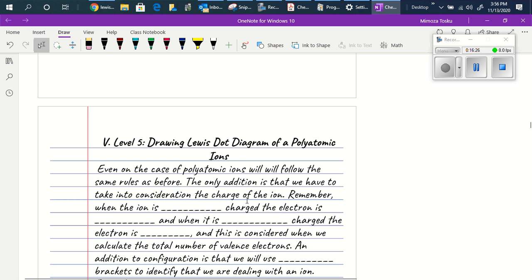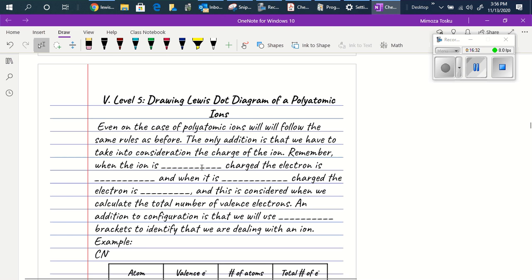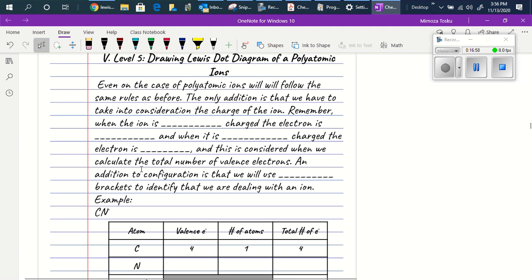Okay. Now let's move to drawing the Lewis dot diagram for polyatomic ions. Keep in mind what polyatomic ions are, the ions that are on the periodic table, and as soon as we mention the word ions, it means that we have charge. We will do everything as before, but what we have to consider is that ions are either positively or negatively charged, and when the ion is positively charged,